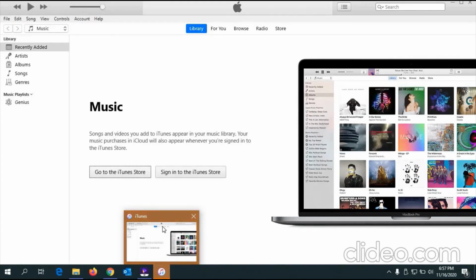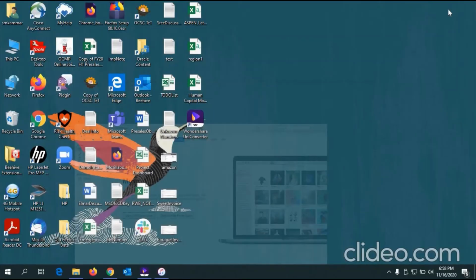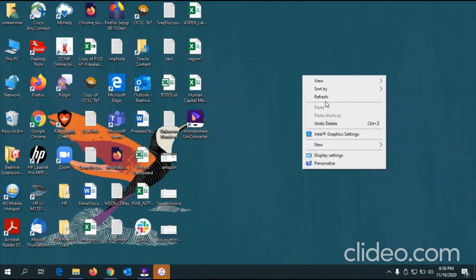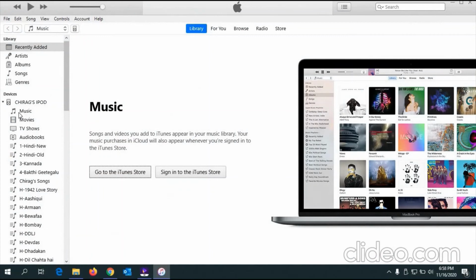Yeah, so I've opened my iTunes. So my iPod is connected, and I'll tell you how to convert it also.